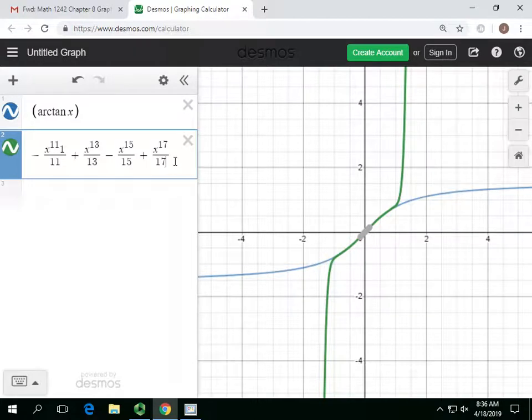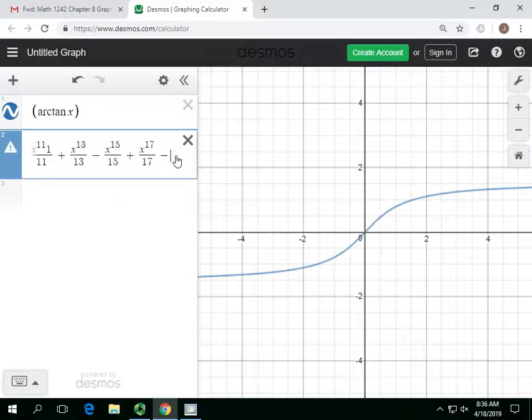Catch a pattern on this thing. What's your next term? It seems to be the odd powers. So we're up to plus x to the 13 over 13 minus x to the 15 over 15 plus x to the 17th over 17. What's the next one going to be? Minus, right? All right, x